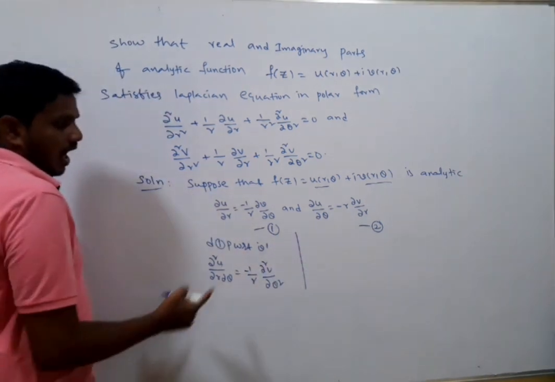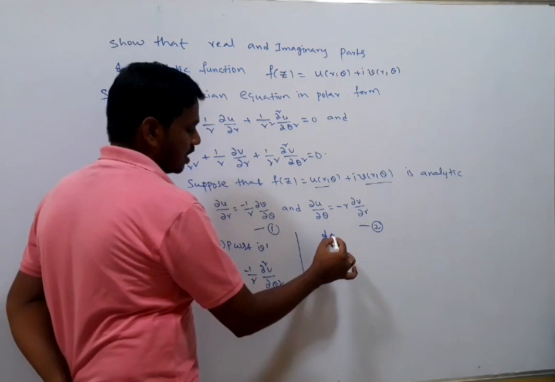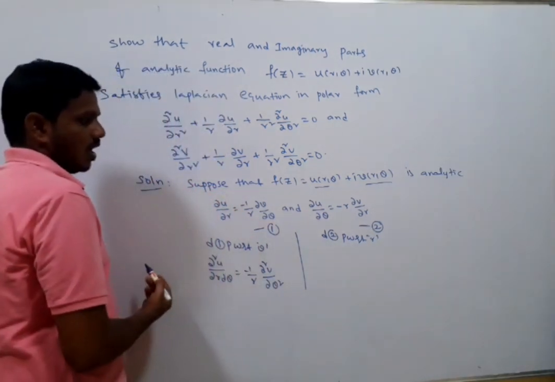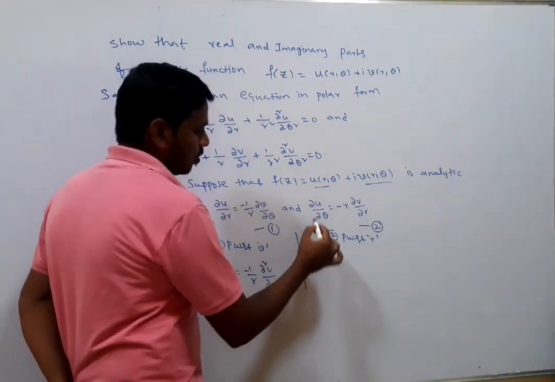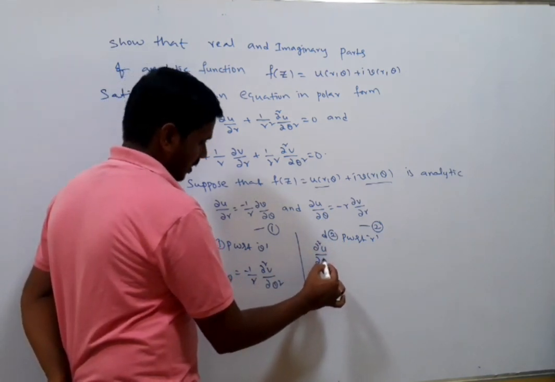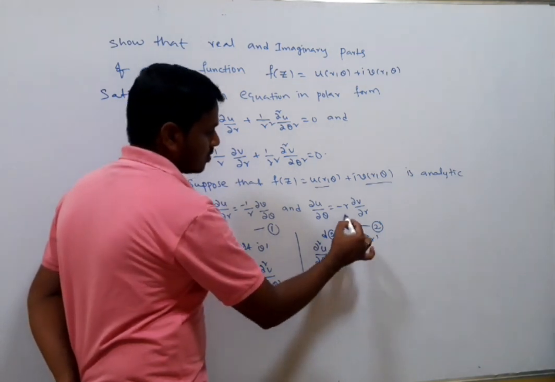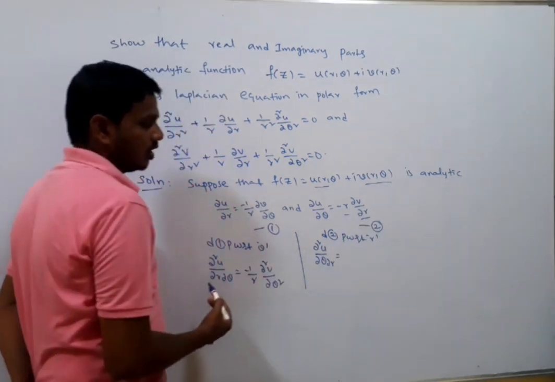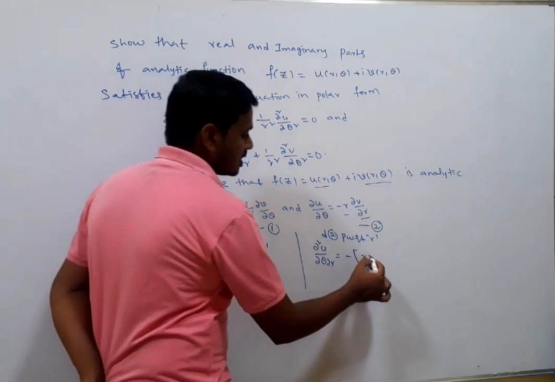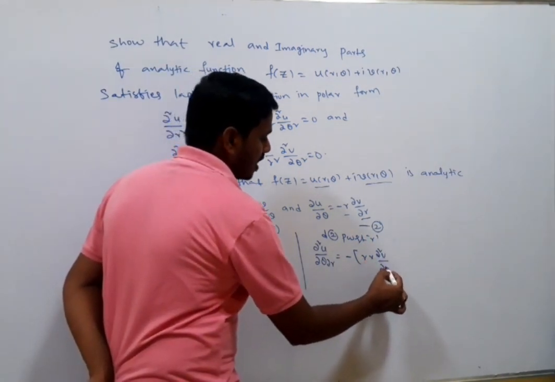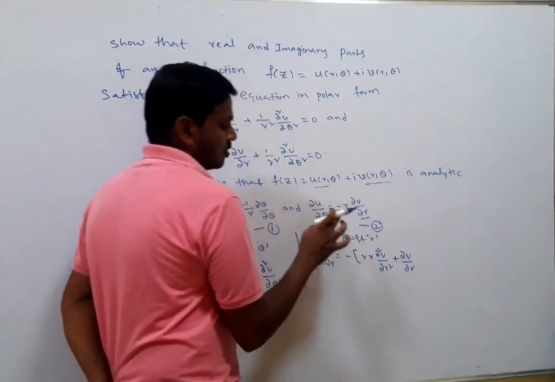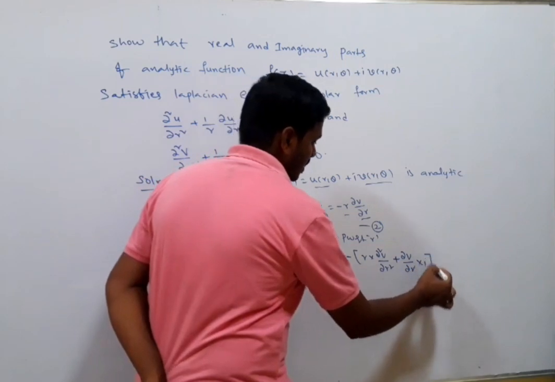Next, I am going to differentiate two partially with respect to r. Here we have dou by dou r of dou u by dou theta, which is dou square u by dou r dou theta, equal to, with respect to r, since it is a product, minus of r into dou by dou r of dou v by dou r, which is dou square v by dou r square, plus dou v by dou r into the derivative of r, which is 1.